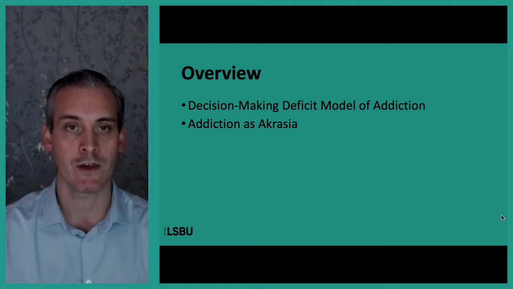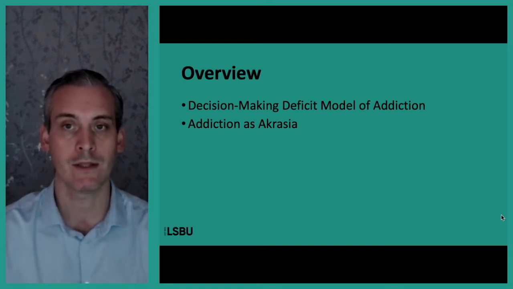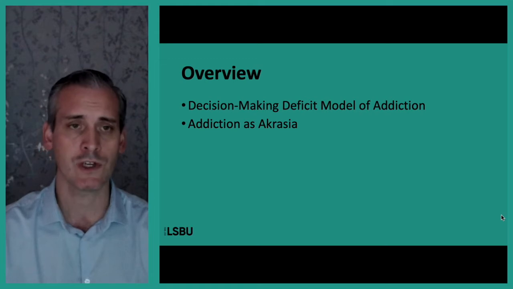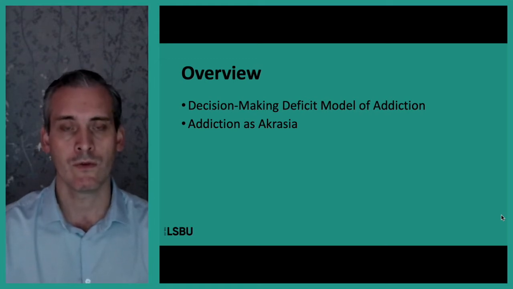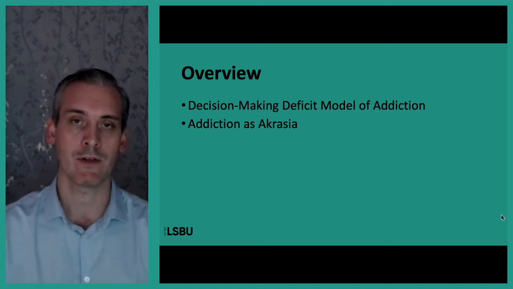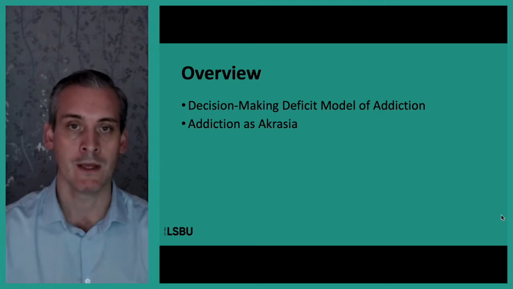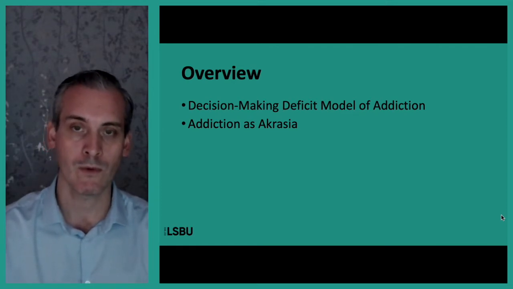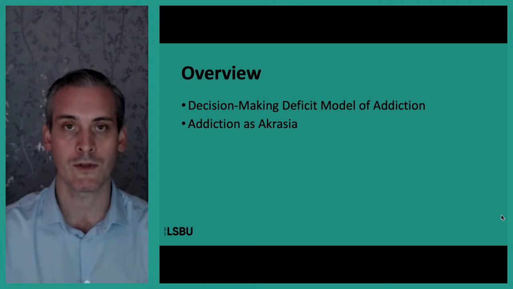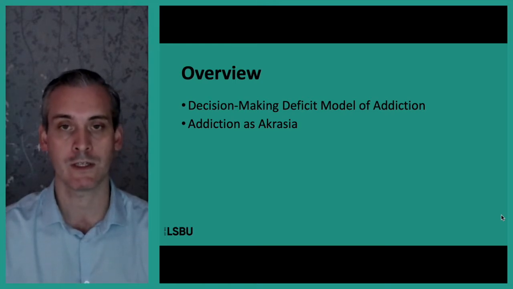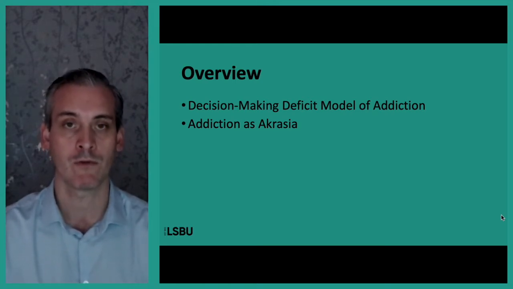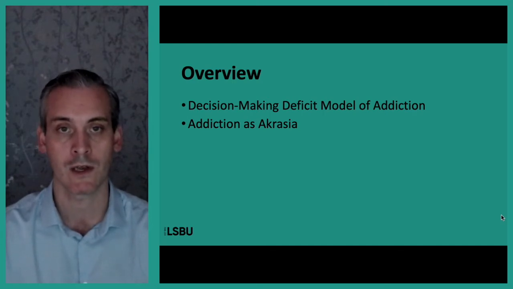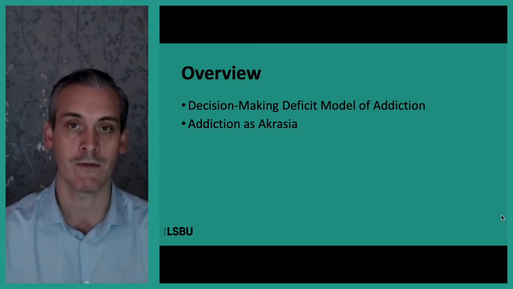The first is quite an important model, a comprehensive model, that's been introduced as a way of understanding addiction as a decision-making deficit, or a process by which the difficulties that people experience with addictive behaviour can be understood as deficits in decision-making processes. This is quite an important model because it doesn't specify just one specific problem, but identifies a potential range of vulnerabilities that people can experience that could lead down the pathway to the development of addictive